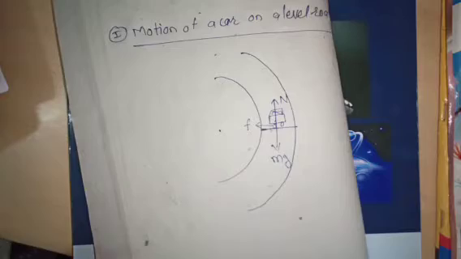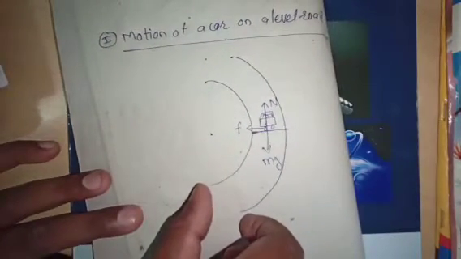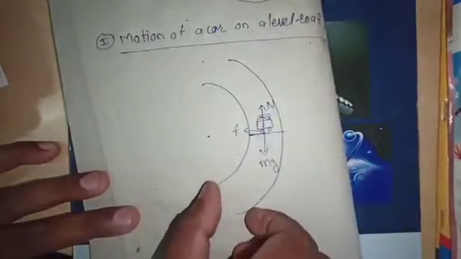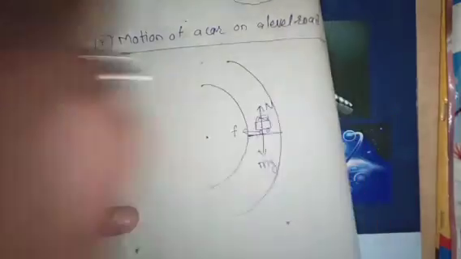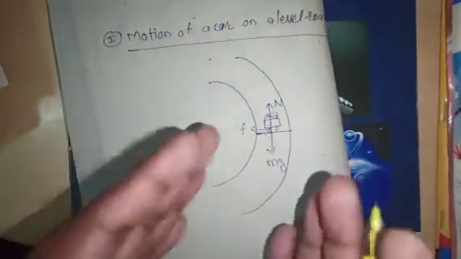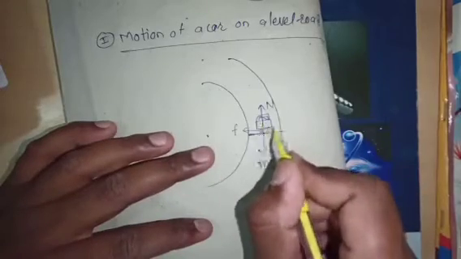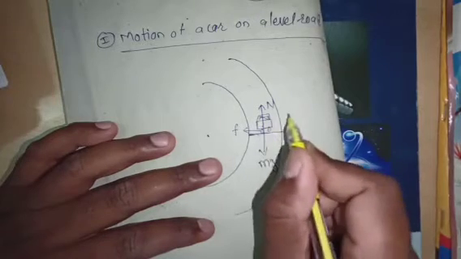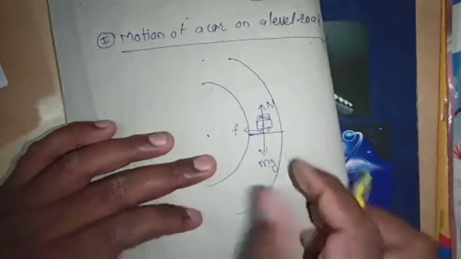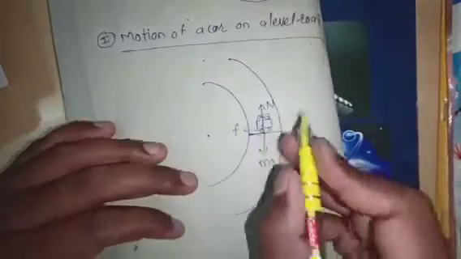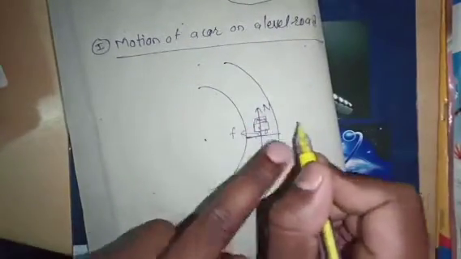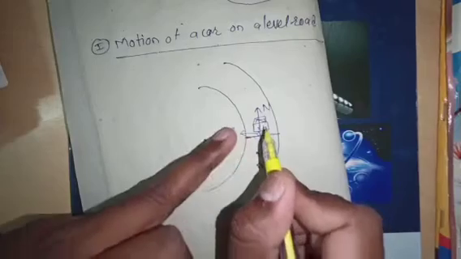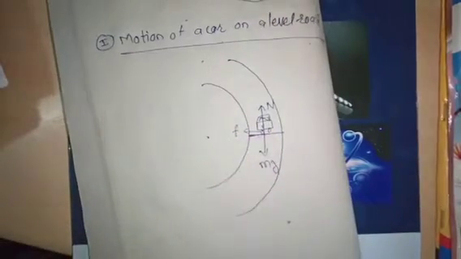You know that when the car is moving in a circular path, in that case what happens? All the objects inside the car tend to bend outside the circle. When you are moving in a circular path, all objects tend to move outward, but on that car some force acts, and that force is towards the center.